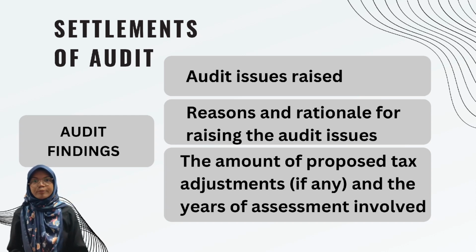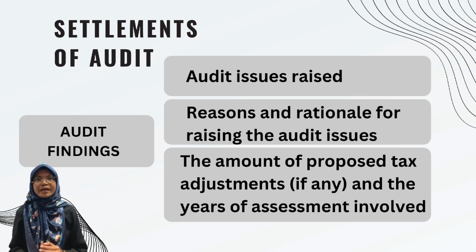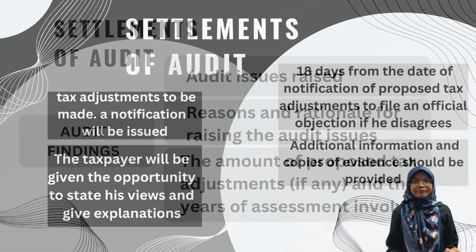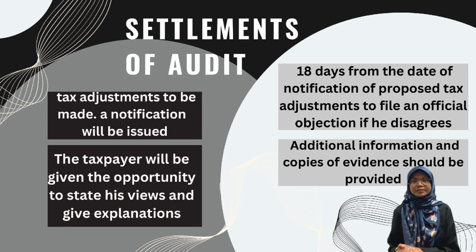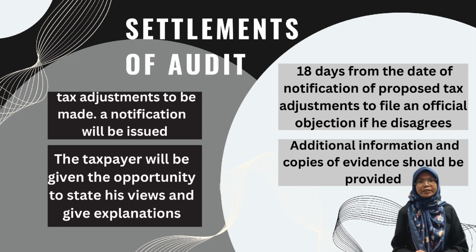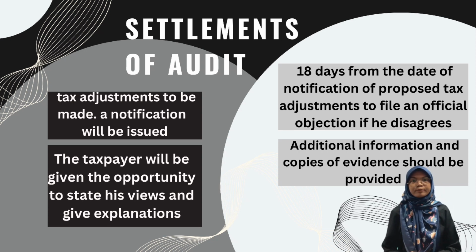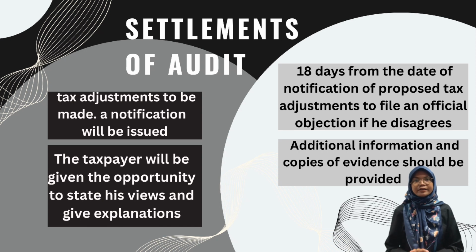Third, the amount of proposed tax adjustment, if any, and the years of assessment involved. If there are tax adjustments to be made, a notification with details of the proposed tax adjustment and the rationale for making such adjustment will be issued. The taxpayer will be given the opportunity to state his views and give explanation on the audit finding and the